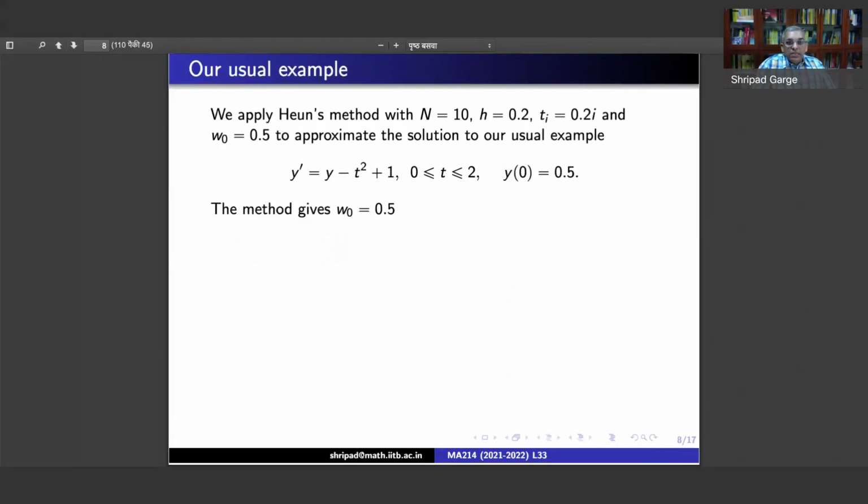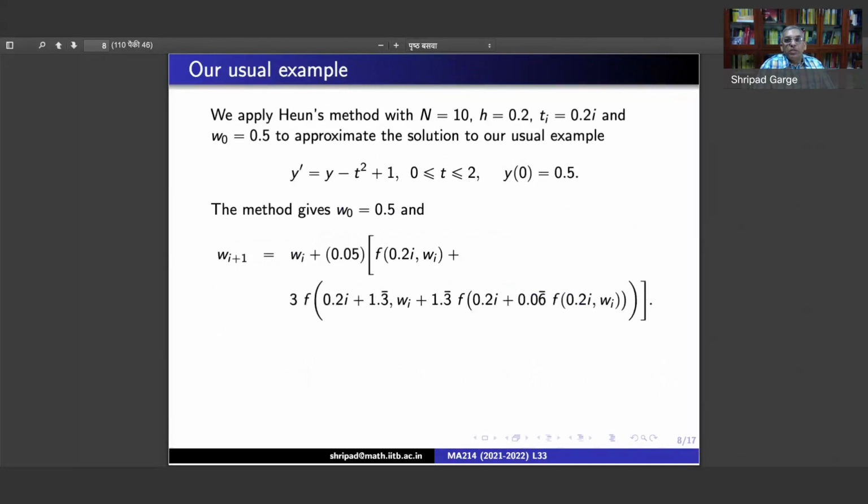Let's try to apply it to our usual example with the same values of capital N, and the difference equation then turns out to be this. Outside you had h by 4, and then inside there was some 2h by 3 or h by 3 and so on. So this 1.3 bar reflects 1.333333, 4 by 3 actually, and this 0.6 bar represents 2 by 3. So this is how the difference equation for Heun's method looks. And the first two values, as we always compute them, are 0.829244,